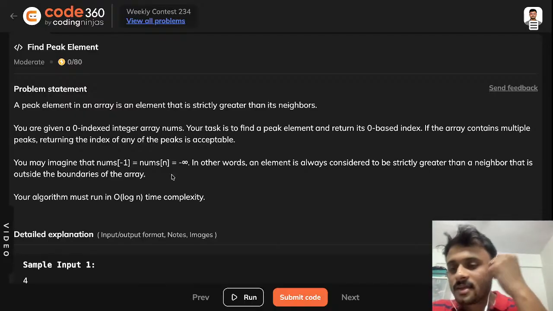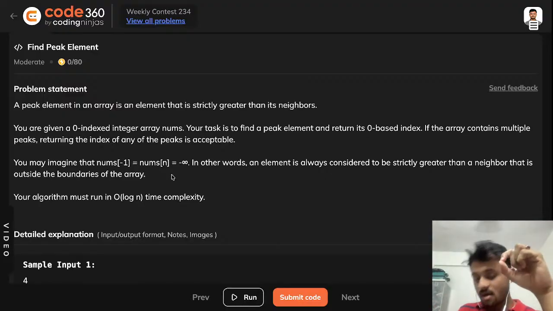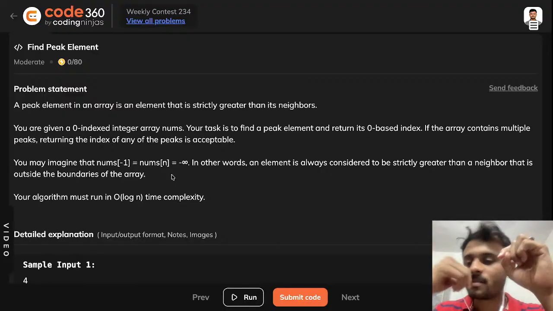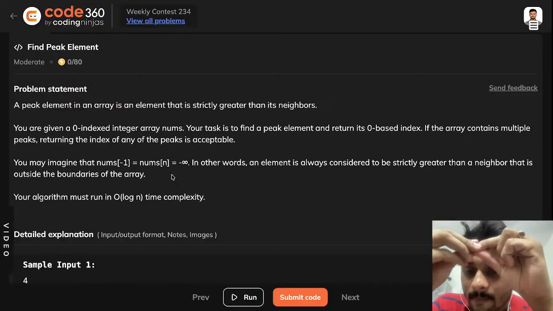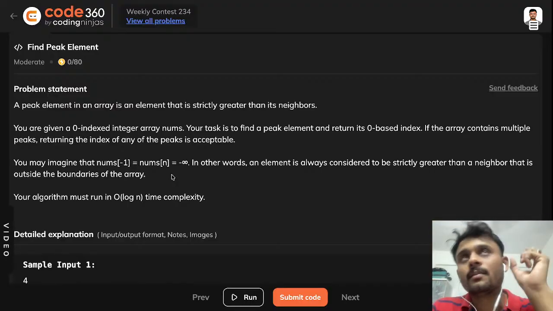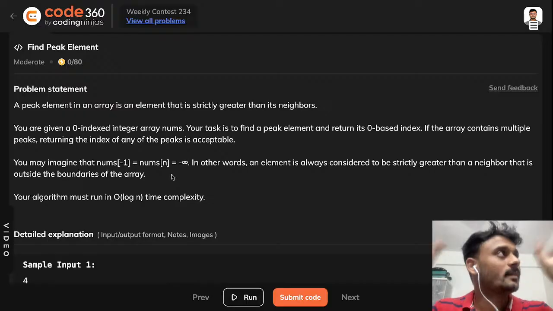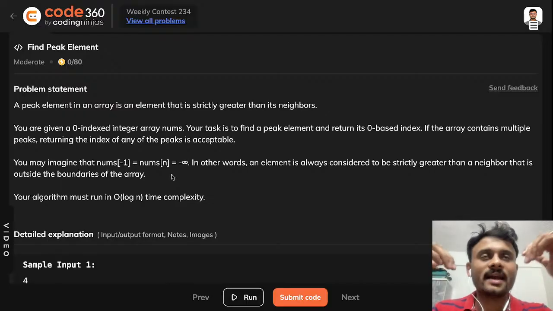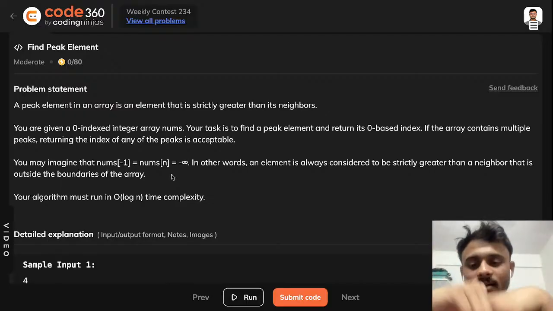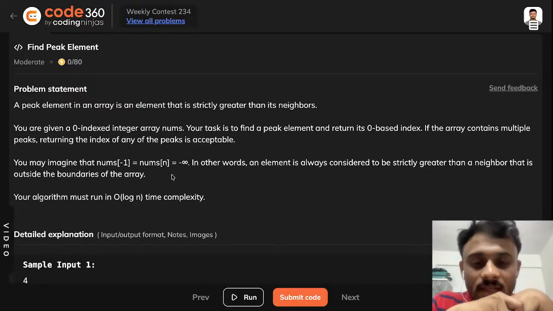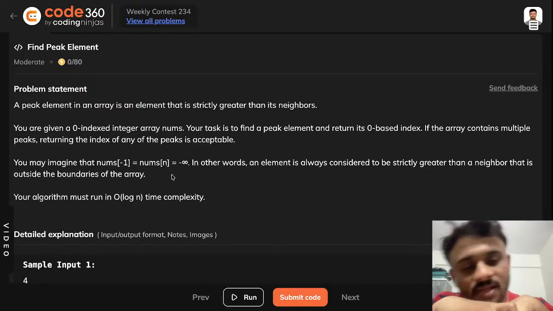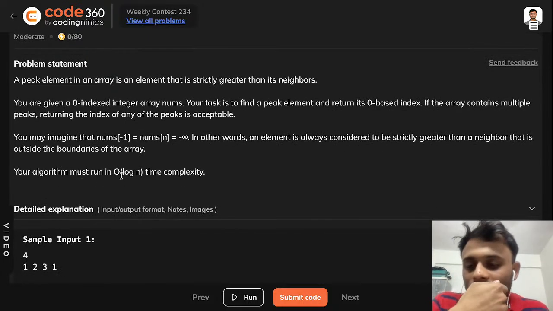You may imagine that nums of -1 and nums of n are negative infinity, so that each element is a peak. In other words, an element is always considered strictly greater than a neighbor that is outside the boundary. Your algorithm should run in